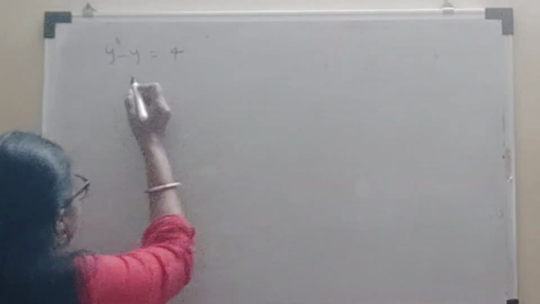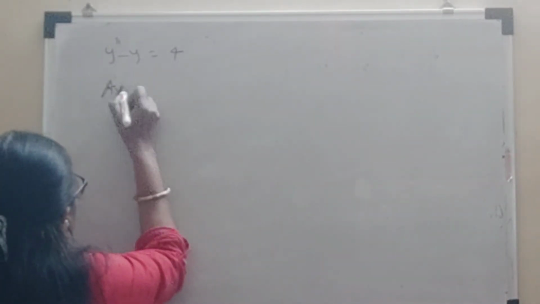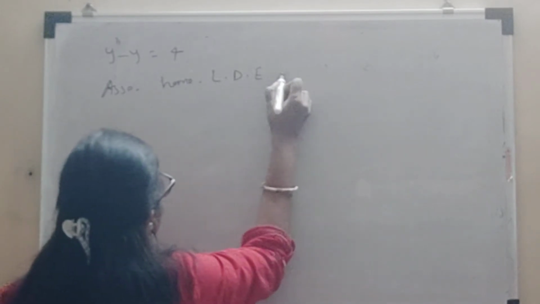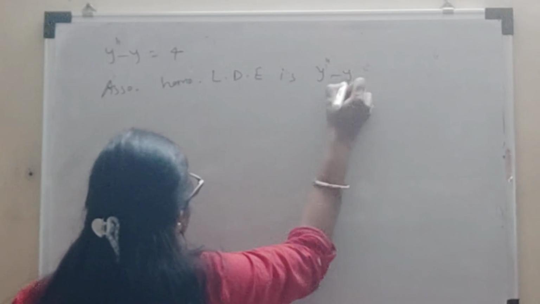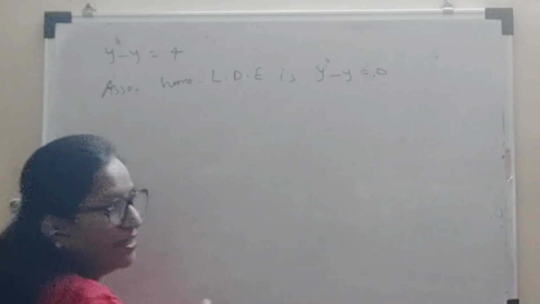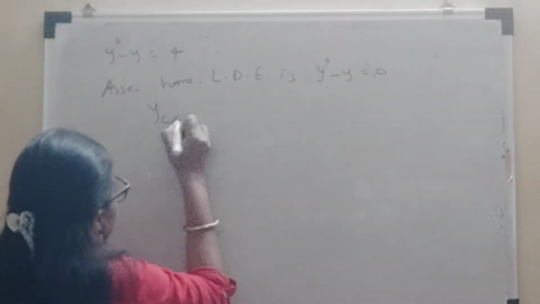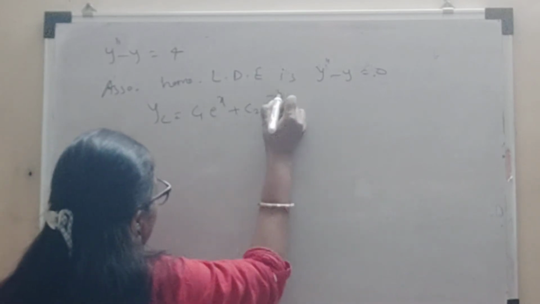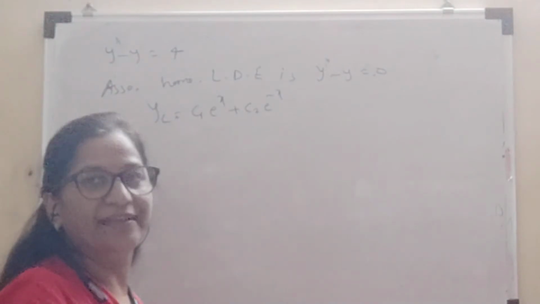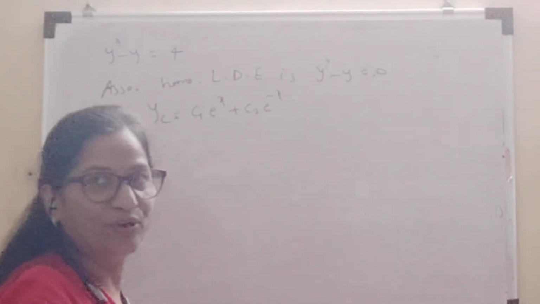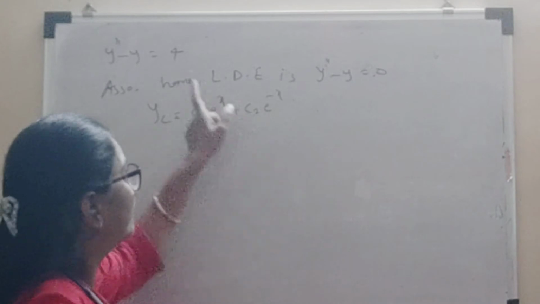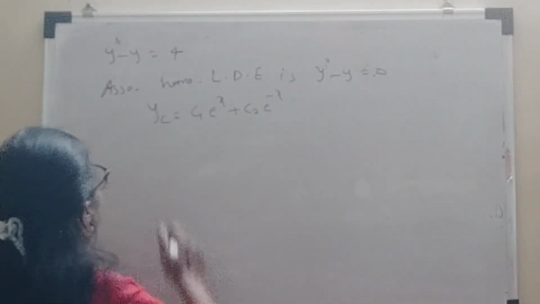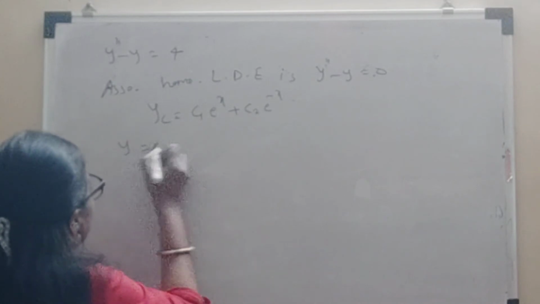Now we know that for this example the associated homogeneous linear differential equation is y double prime minus y is equal to 0, and we know that yc is given by c1 e raised to x plus c2 e raised to minus x. Now we are interested in finding yp, the solution associated with the non-homogeneous part. To find yp, I have to choose y is equal to...